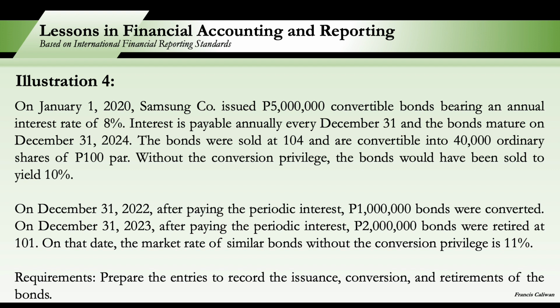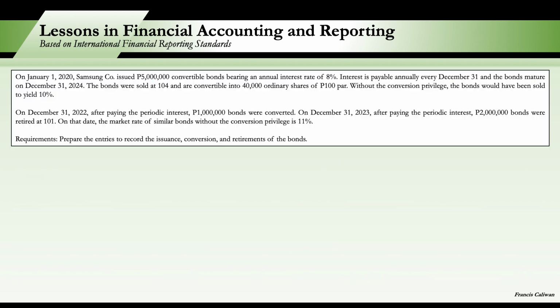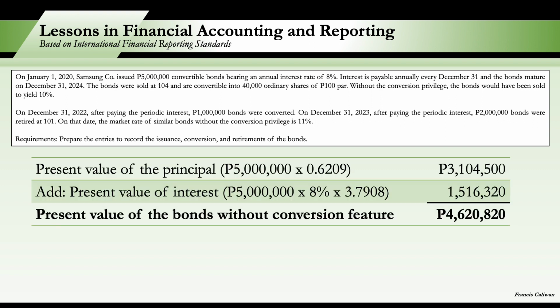So we will no longer prepare the entries relating to the amortization of the bonds. So we'll focus on the issuance, the conversion, and the retirement. Okay, so first we determine the present value of the bonds without the conversion feature. So the present value of the principal is 5 million times the present value factor for 10%, 5 years, which is 0.6209. So our present value of principal is